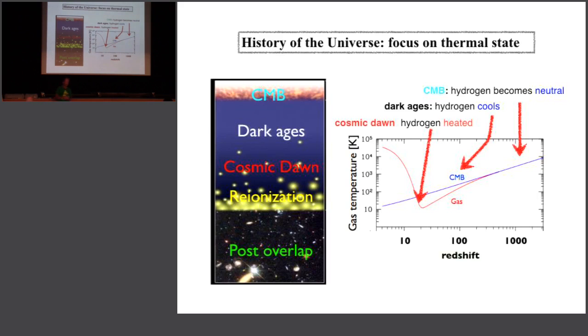Now, at some point, this cooling has to stop. It cannot go on indefinitely. We know that during this period, redshift 20, 30, 50, structures are forming. Gravitational potential wells are getting deeper. Baryons are assembling in them. And at some point, there will be dark matter halos that have gas that is dense enough that stars can